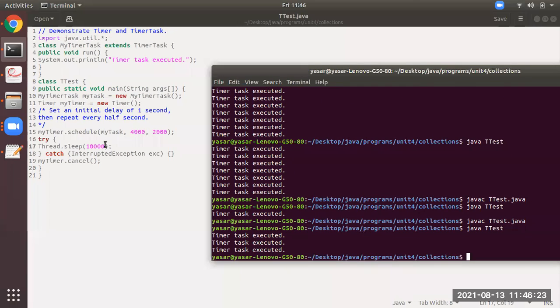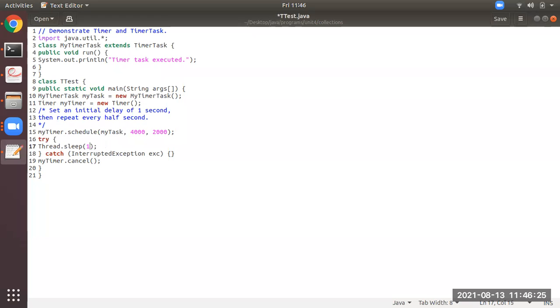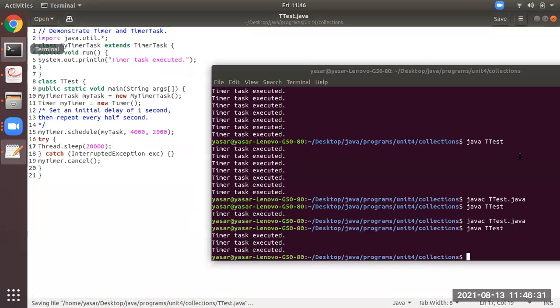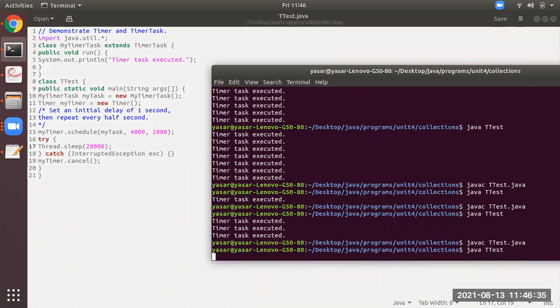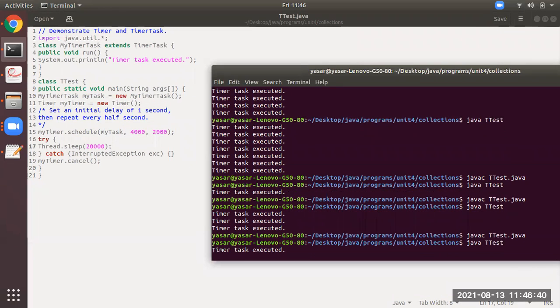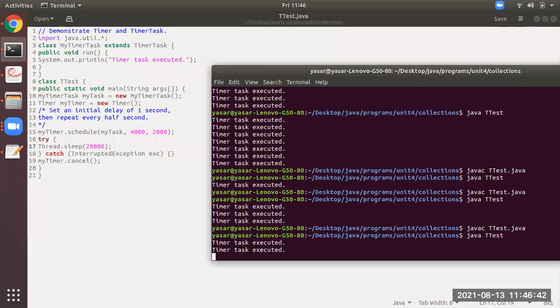Okay, I hope you all have understood it. Or else I will make this for 2 minutes. And you can observe here. Compile. And now you see 4 seconds after that, and after 4 seconds, each task taking 2 seconds.